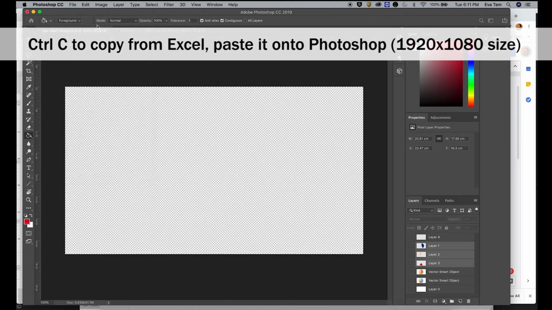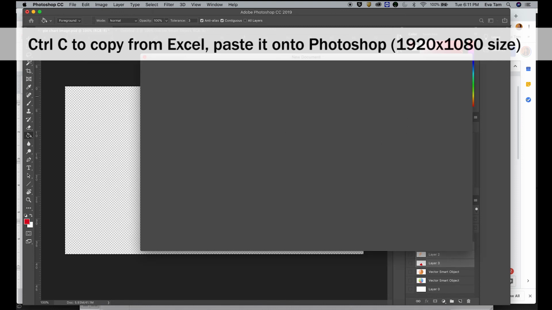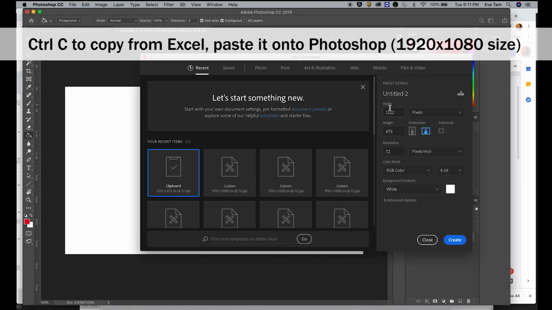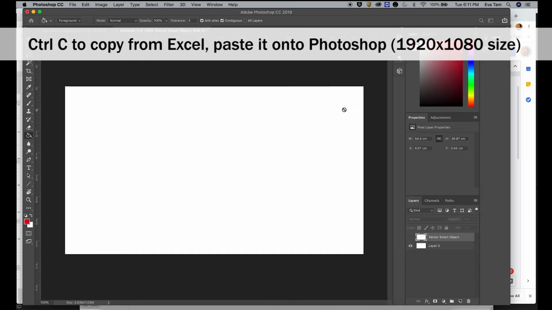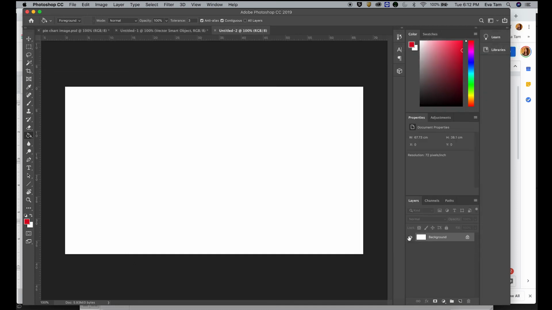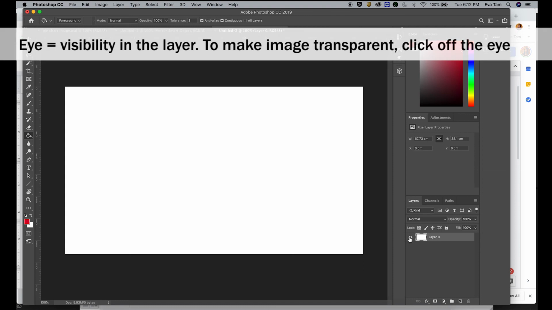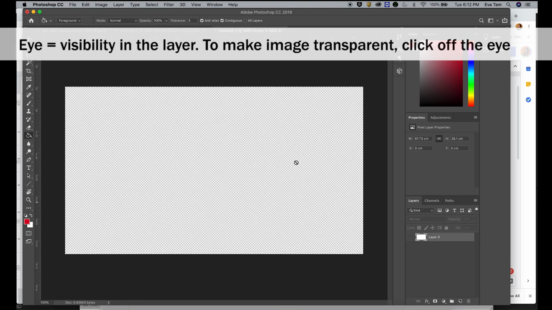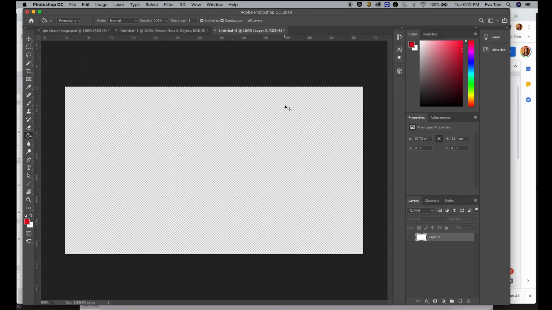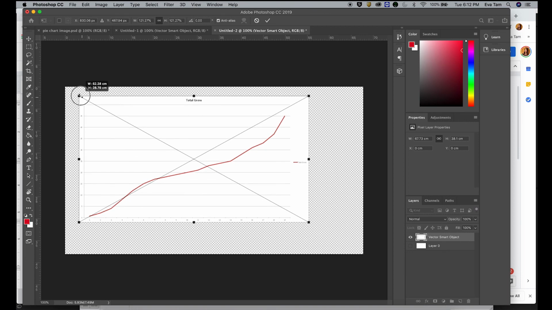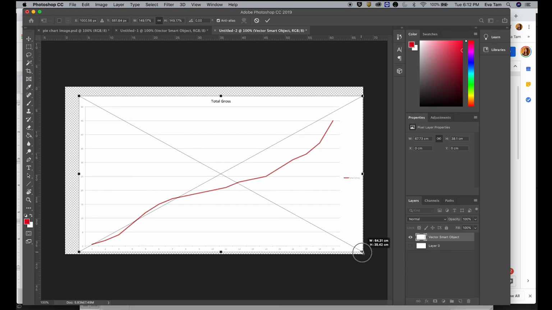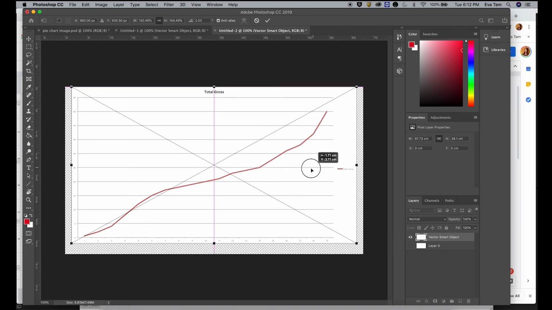So in Photoshop, open the document 1920 by 1080. Okay? And then there you go. Unclick this lock button for background, so it's more mobile, and then click this eye to make it transparent now. Now, Command V for pasting it, so paste your document in, and then here it is. You stretch this out to make this as big as possible.